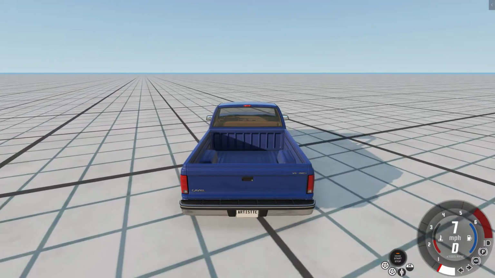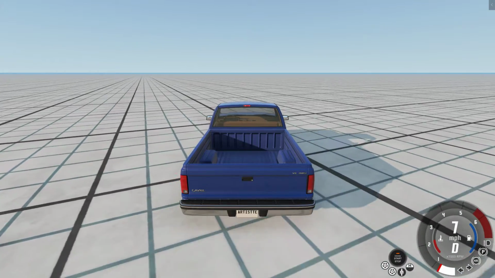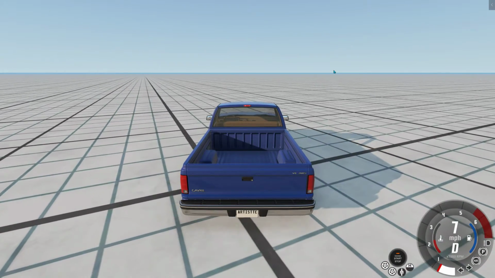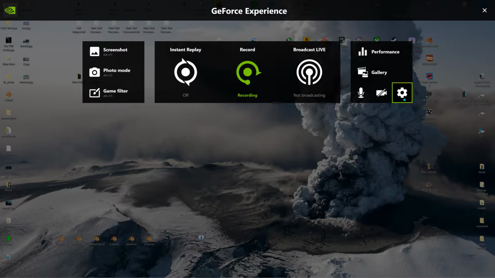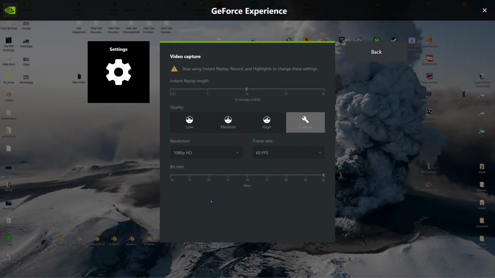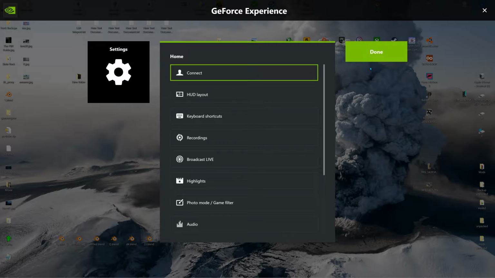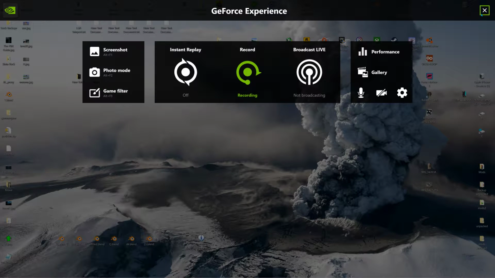Anyways, this is a late answer to a question that was just asked about how do you get video from the game into a video editor. Now I have the NVIDIA card, so I just hit this, and I tell it what resolution I want to capture, and I just hit Alt F9, and when it's done,